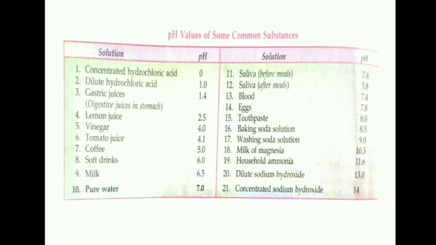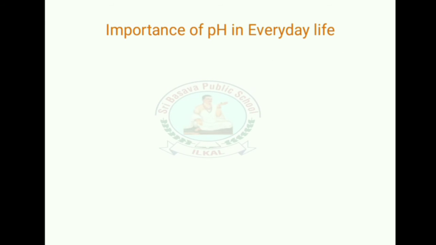Egg, toothpaste, and baking soda all have high values, and as the pH value increases, the concentration of the base increases. So dilute sodium hydroxide, household ammonia, and concentrated sodium hydroxide are all very strong bases. Now we'll go to the next topic: pH plays a most important